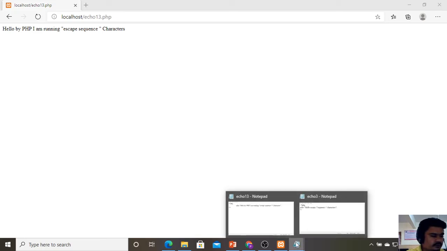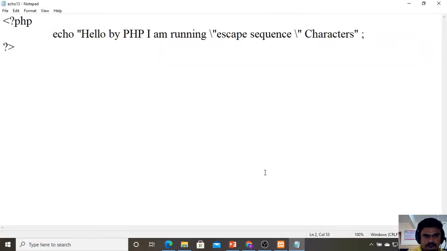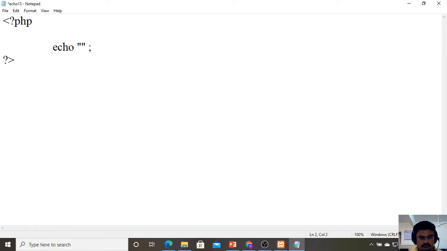Now the next program is regarding how I can get a variable value printed. So I will make some minor changes here. Before this line, I am going to take one variable. For the variable, I will use a dollar sign. I will take the variable name as var. Then I will give some input for it.